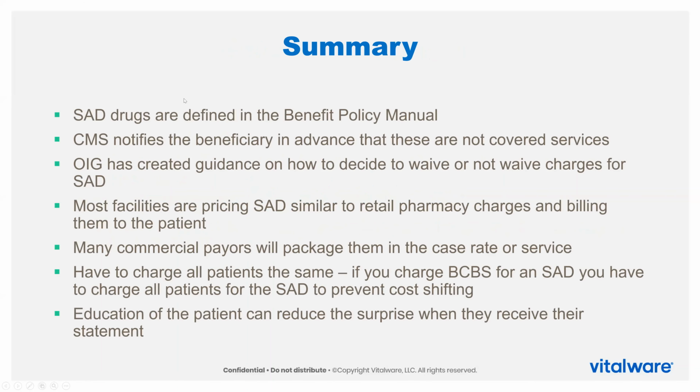Summary. We're going to get done just in time. These are all defined in the Medicare Benefit Policy Manual and within your MAC's website for the exclusions list. The policy manual takes the 30,000 foot view and says everything that is and isn't, and then by route of administration, then your MAC determines if an acuity or frequency applies to it, and it goes on to the exclusions list. And notify beneficiaries in advance they're not covered through the Medicare and U. They've created guidance on how to decide to waive or not waive under that document on the policy for the